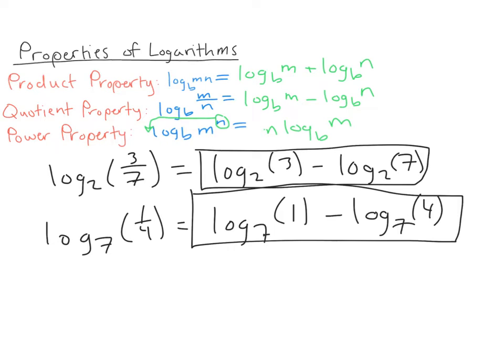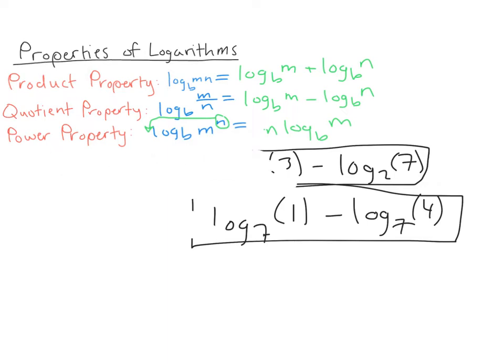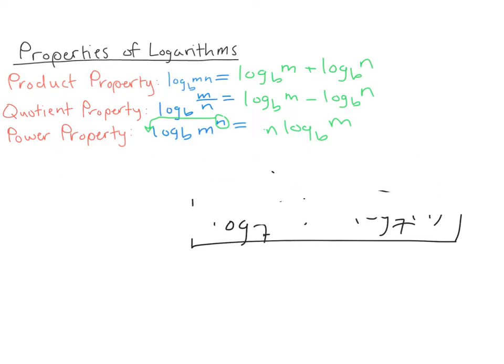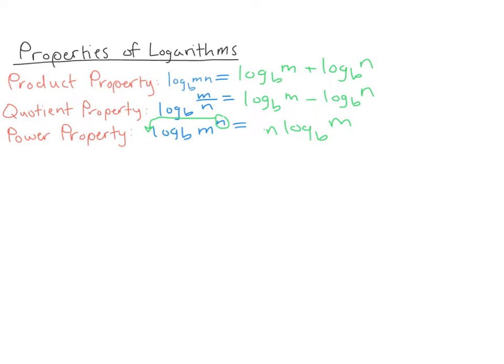Now let me try implementing a scenario that has a mixed combination of both division and multiplication. Okay, so let's see if we can expand upon this thinking using both properties at the same time. All right. So what we have here is the log, or let's do ln so you guys can see that. Ln and log mean the same thing, okay? They're both types of logarithms, and what I mean by they mean the same thing is we handle the properties the same. So if I give you the ln of x over 3y, we're still going to handle these properties the same,